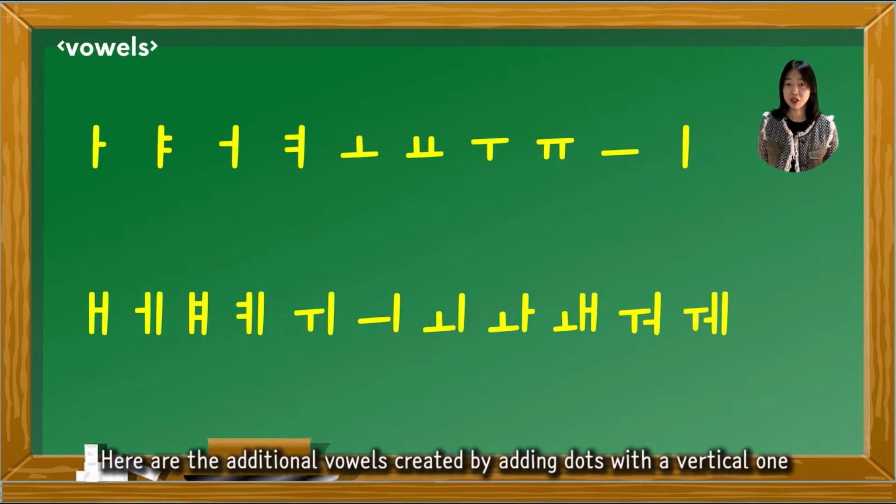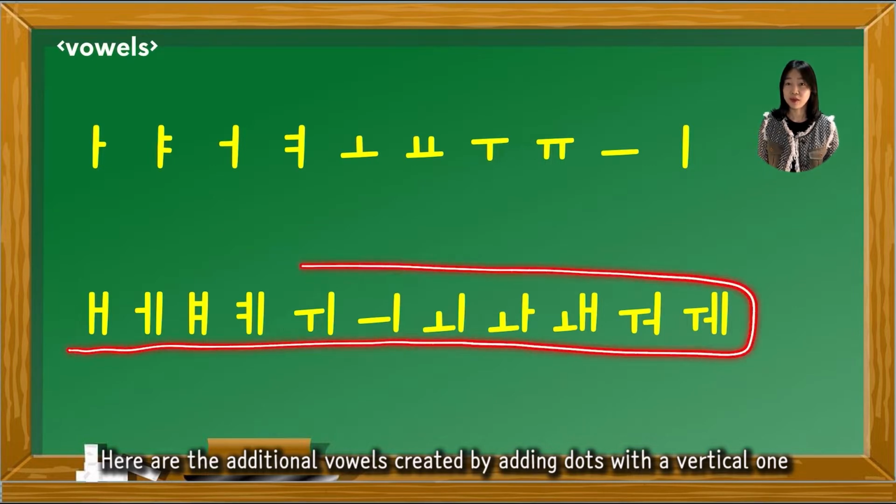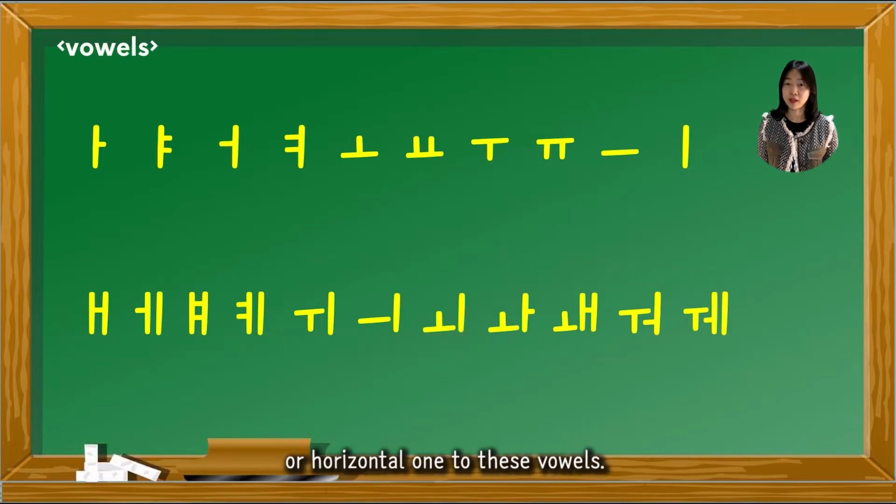And here are the additional vowels created by adding dots with a vertical one or horizontal one to these vowels. So each of the vowel sounds: